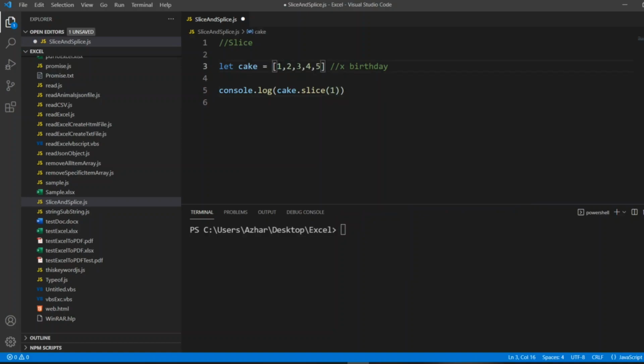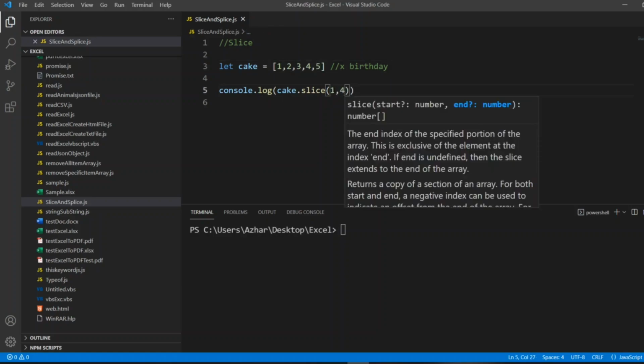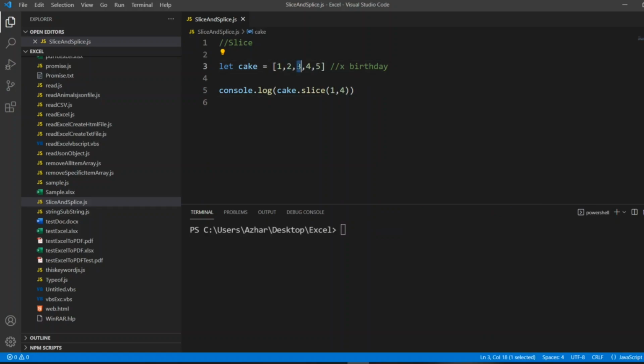This is 1, 2, 3, and 4. So I'm telling it to cut from 1 to 4 so that we get the answer. So 0 to 4, so that 1 is included, 2 is included, 3 is included, but 4 is not included. This is the range, right?